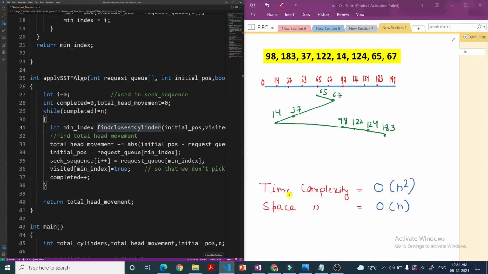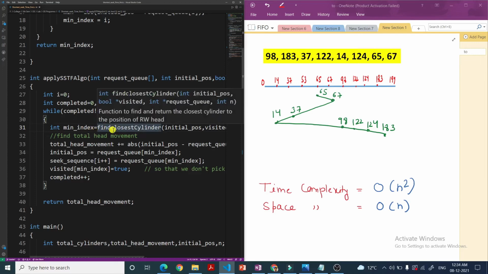So how is time complexity O of n square? Here you can see when we are calling the apply SSTF algorithm, then inside this while loop, for each of the cylinders in the request queue, we are actually calling this find closest cylinder.